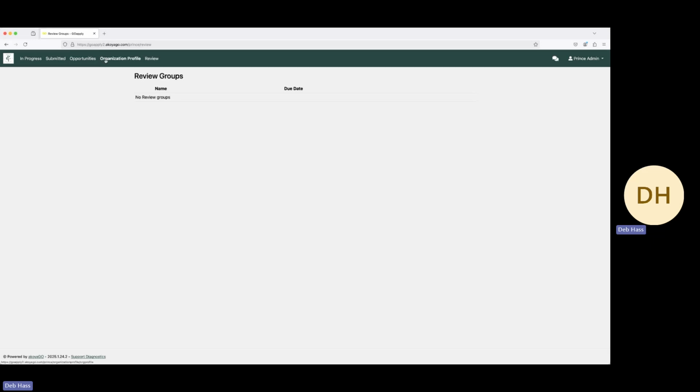However, what you will see is organization profile and opportunities. And if you've ever submitted to Prince Charitable Trust in the past, you'll be able to look at past submitted applications. And if you've logged in previously to work on this year's proposal and saved it, you could find it under in progress. I'm going to assume that we're looking to start a new proposal for the AYA initiative and